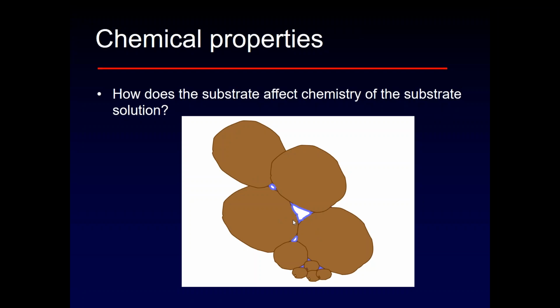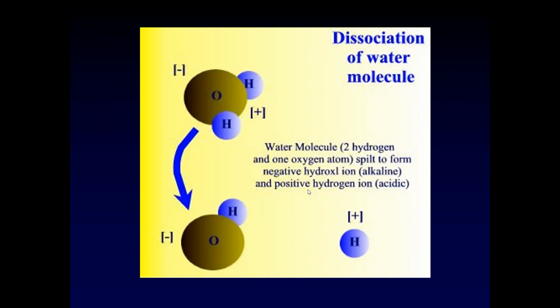One of the most important factors that affects nutrient solubility is pH, and that's why nursery growers and greenhouse growers are so concerned about the pH of their substrate, because it has such a profound effect on the availability of nutrients. So I want to take a closer look at pH and what that actually is,